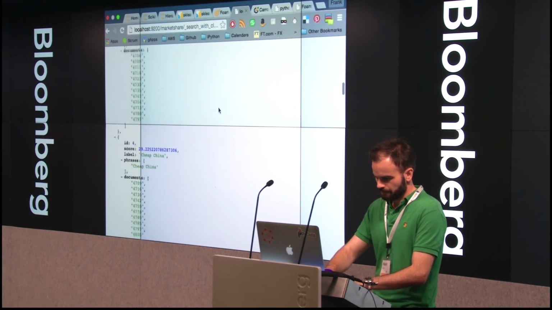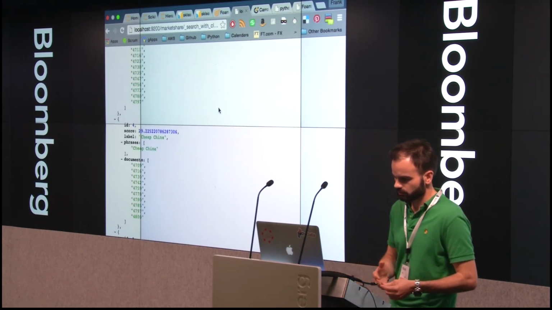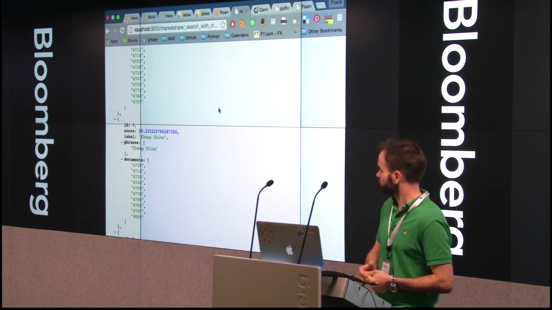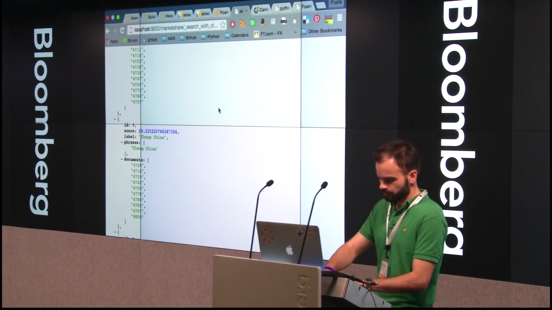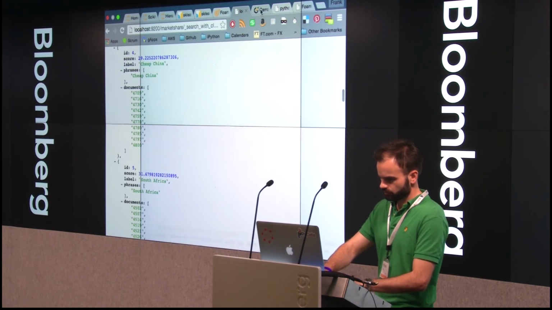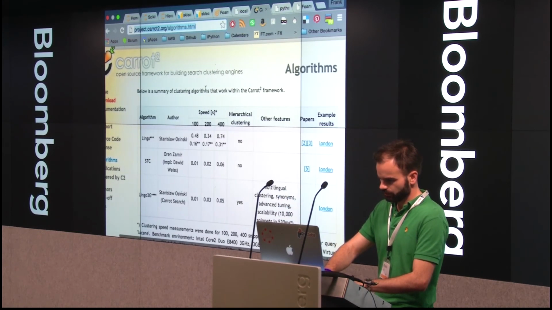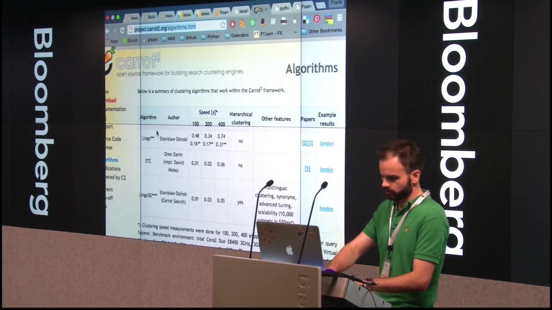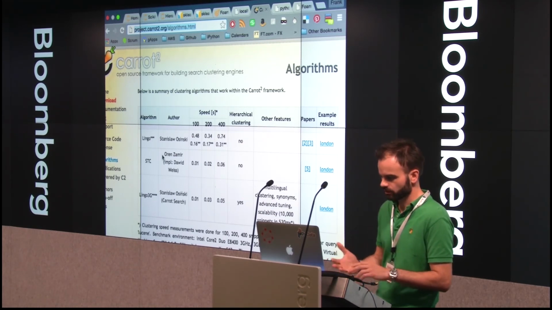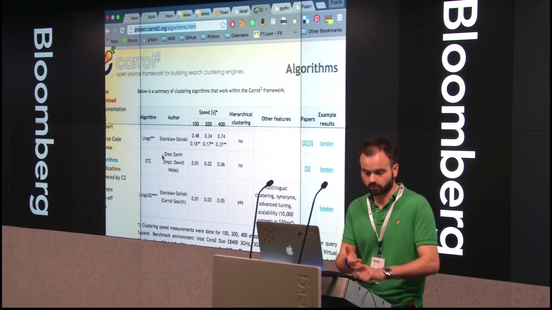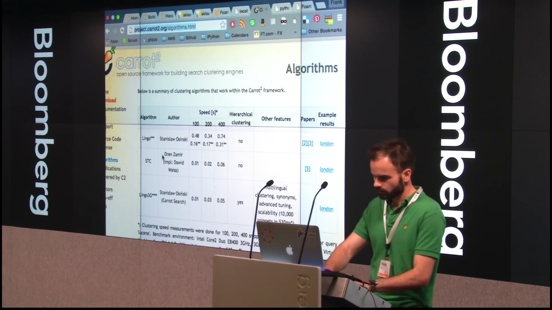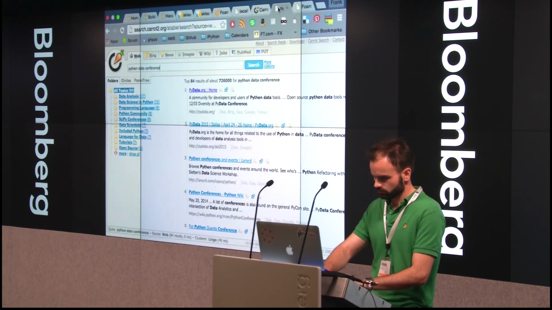And Elasticsearch, it's really powerful for text search. Obviously, it's all optimized for this sort of thing. They currently have 3 clustering algorithms. The first 2 are included for free, but the third one you have to pay for. But the third one is full hierarchical clustering. So I recommend you look into it. I can demonstrate it here.